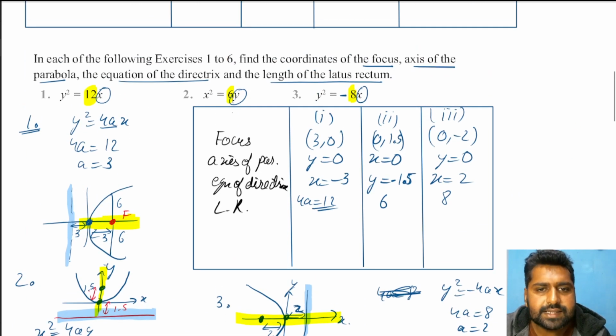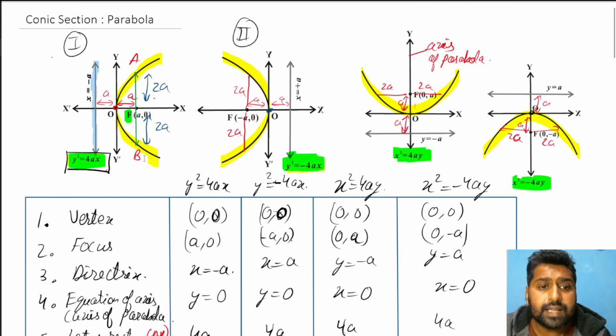Whichever power is less, you'll draw the parabola on that axis. Learn the equations. y square equal to 4ax, it's on the right. y square equal to minus 4ax, it's on the left. x square equal to 4ay, it's upward. x square equal to minus 4ay, downward. Learn that. That's okay. Okay, so I'll end the